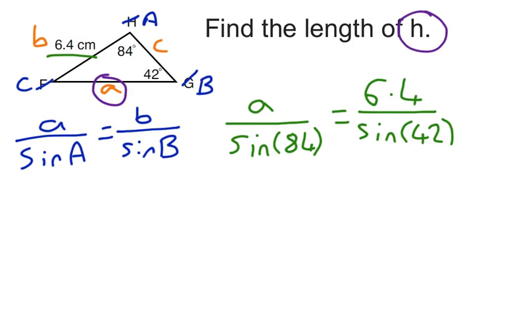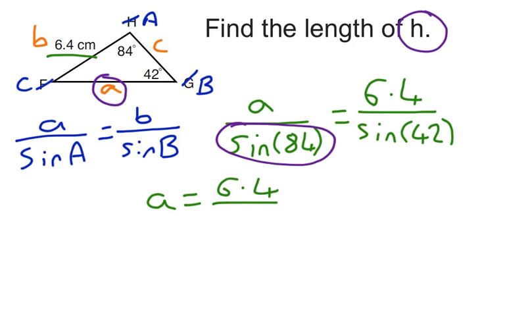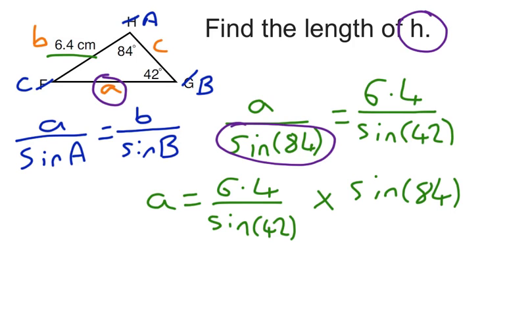We can rearrange this to get the sine 84 off of the bottom of this fraction by multiplying by sine 84. So we get A equals 6.4 divided by sine 42, and we're going to times all of that by sine 84. Okay. We plug this into our calculator and we get a value of A of